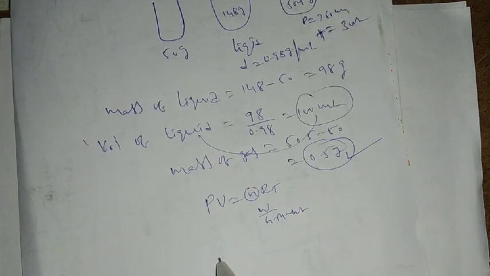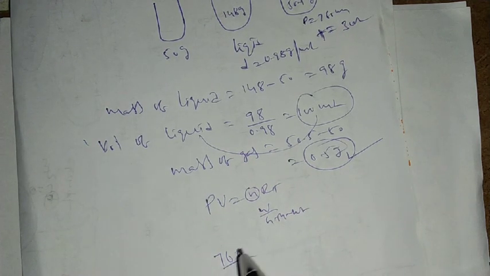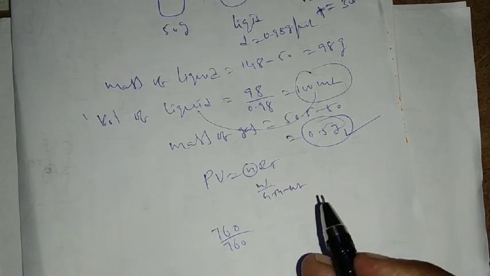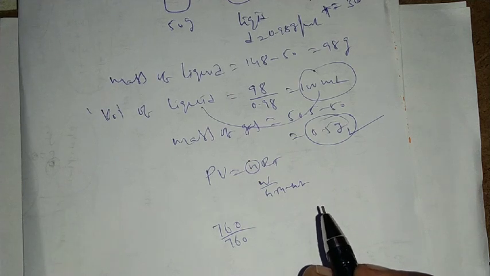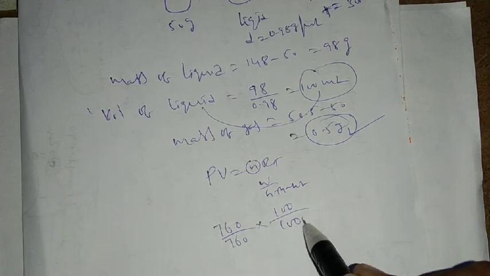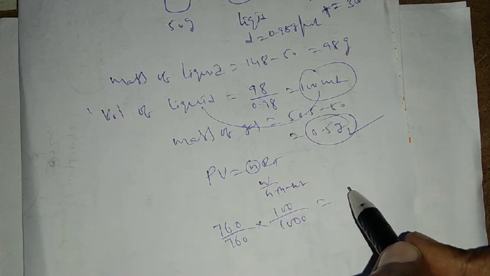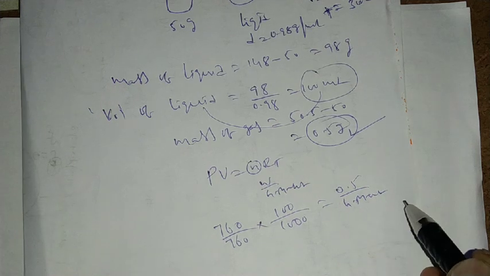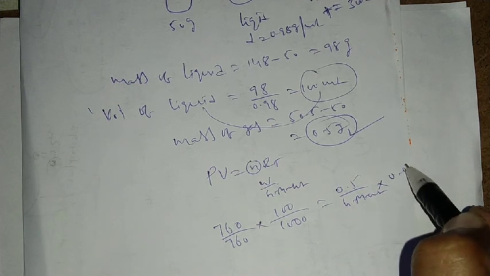So P is 760 by 760, if you convert 760 millimeters into atmosphere, into volume 100 by 1000 is equal to n, nothing but weight by gram molecular weight, into R 0.0821